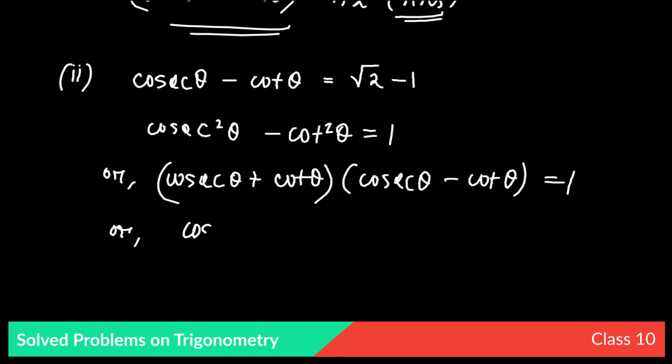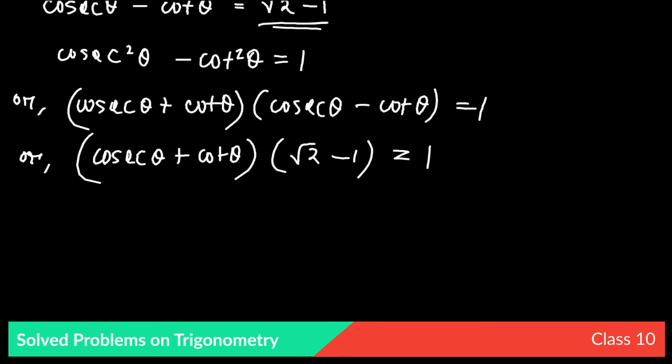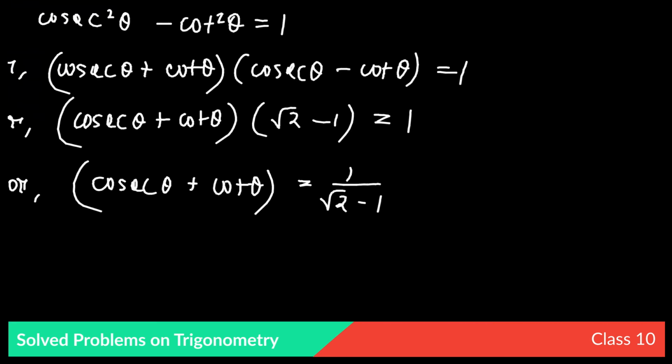So cosec theta plus cot theta into, what is the value of cosec theta minus cot theta? It is root 2 minus 1. So root 2 minus 1 equal to 1. So cosec theta plus cot theta equals 1 by root 2 minus 1. Now this value, 1 by root 2 minus 1, you can keep the answer in this way, but it